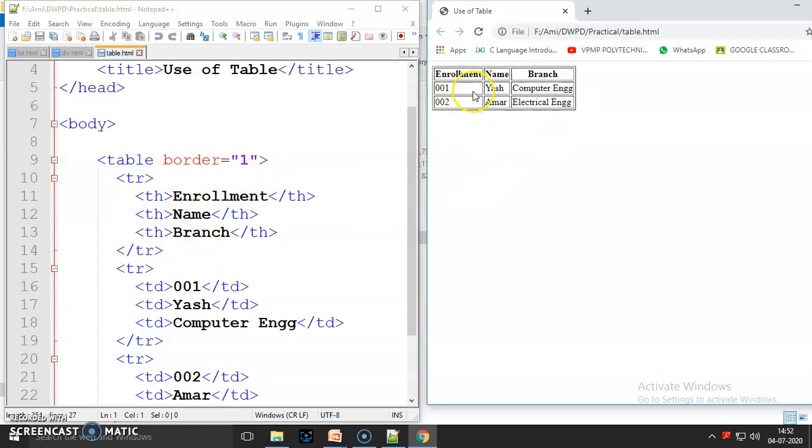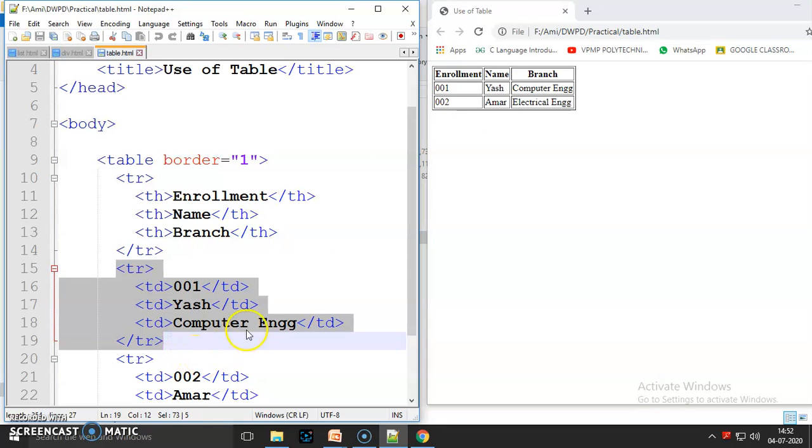Then the next row is for table data. So first I write tr and /tr. Between this tr and /tr, 3 data items are there, so I write td 3 times. First td is for enrollment number 001. Second td is for name. Here the name is yours, and third is branch, meaning computer engineering.